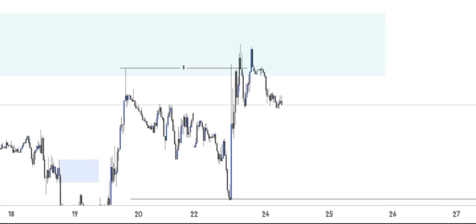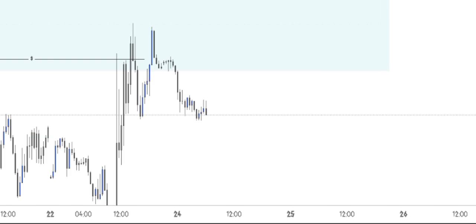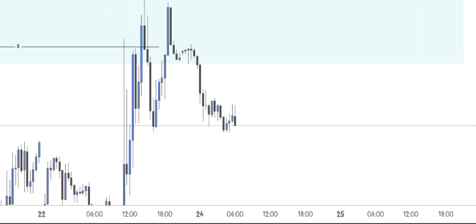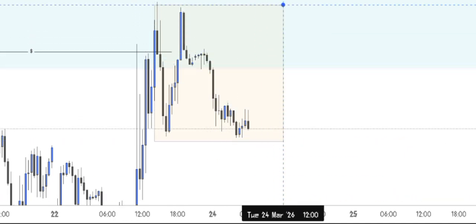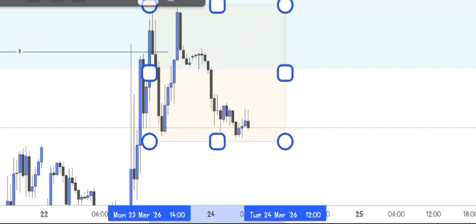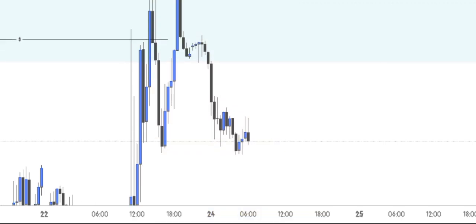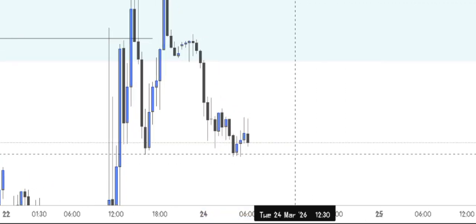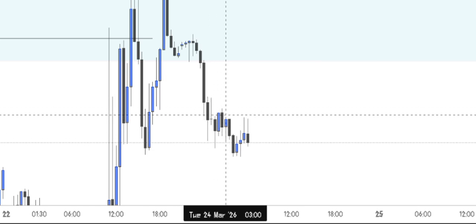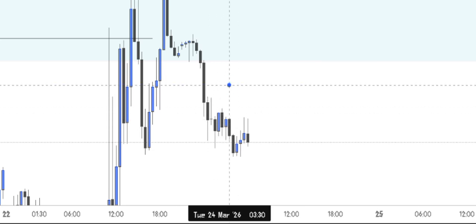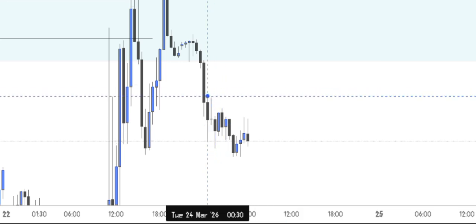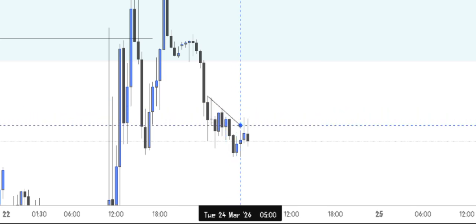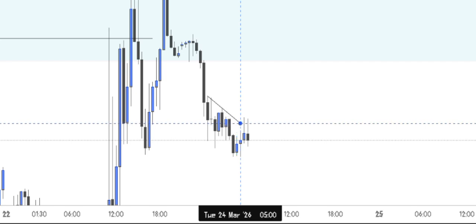So we are trying to look for a logic to sell. Looking at our current market, what am I seeing? I'm actually seeing Asian highs above all these ones. This is my first area of interest. This is my first signal that price will definitely come to take liquidity, and once price takes liquidity, it's going to go to the opposite side.